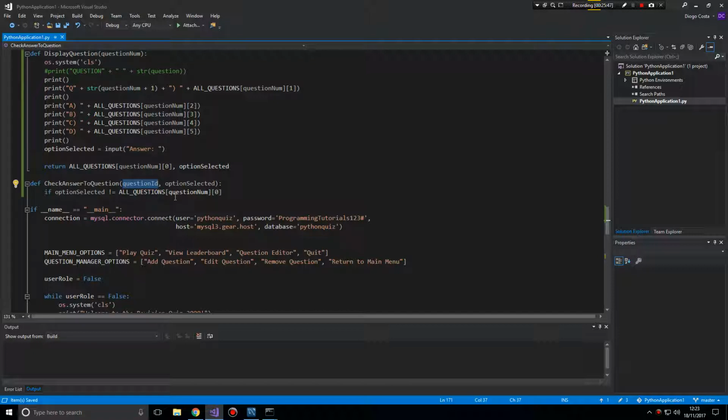Maybe we shouldn't check the question ID. That's not the question ID, it's the question num we're checking. So yeah, let's get the question num. No, but because I'm returning the question ID. If it's not equal to the all questions,